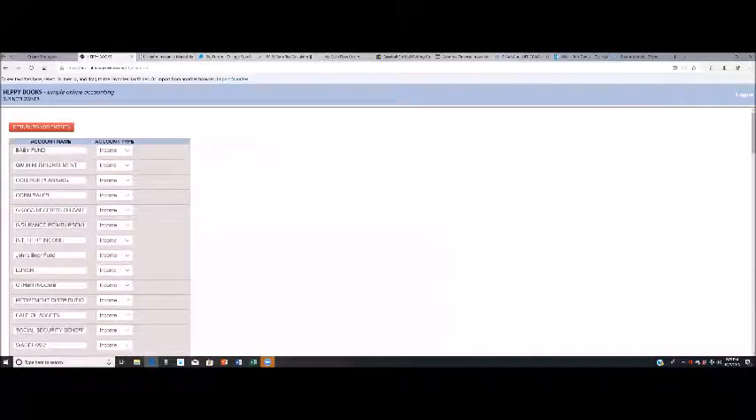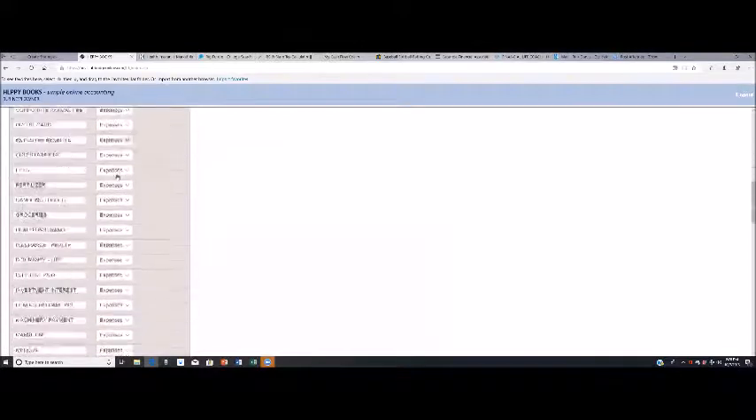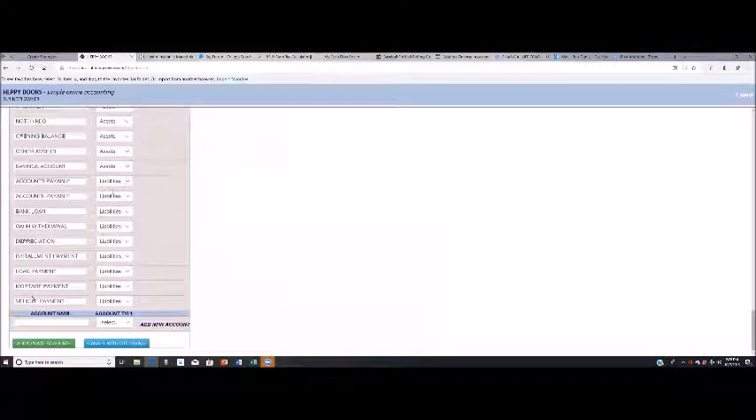Now let's look at how to add or edit accounts. That button, here's our basic list of accounts grouped by income, expenses, assets, and then liabilities. And let's just say we want to add an account. Let's say this is trucking